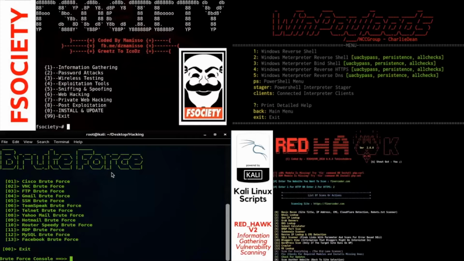Point being, whether you're a novice to security or an expert in security, the world has made it easier for anyone to download these tools, either an operating system or individual tools, to be able to hack or take advantage of compromised or vulnerable systems in the world today. And it's not your fault. It's not the vendor's fault. It's not poor software's fault. It's just the way the world is today. It's not a matter of you being protected. It's a matter of when you're going to be hacked.